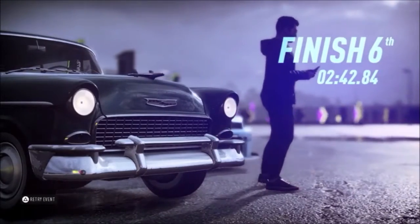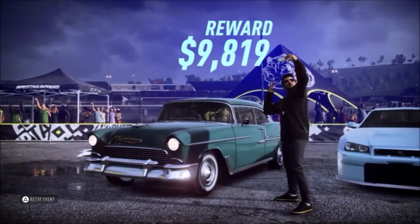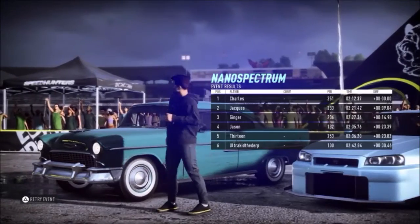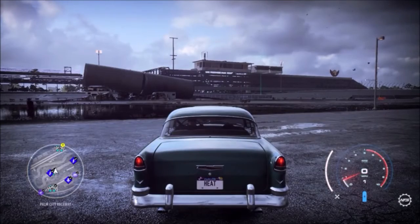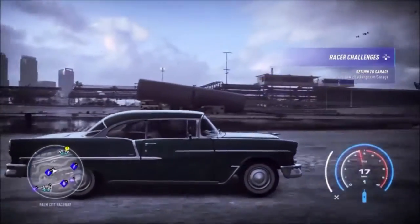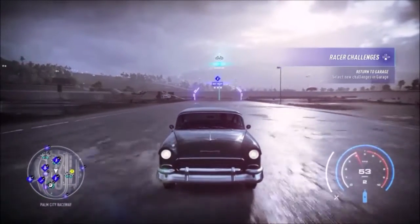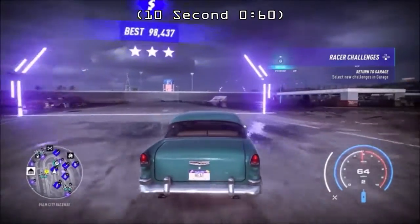We have an interesting surprise from the Bel-Air here. It did almost exactly as well as that Beetle from the last episode. So today's episode, Chevy, it seems like it's fun to drive. I wouldn't say it's fast by any means, not the fastest, but the way